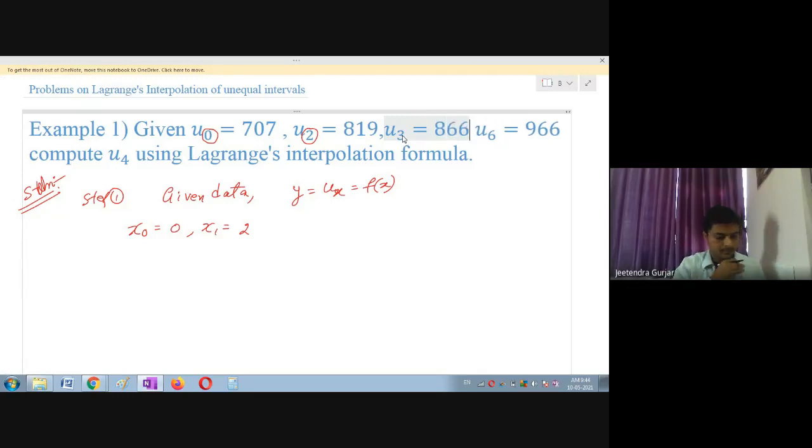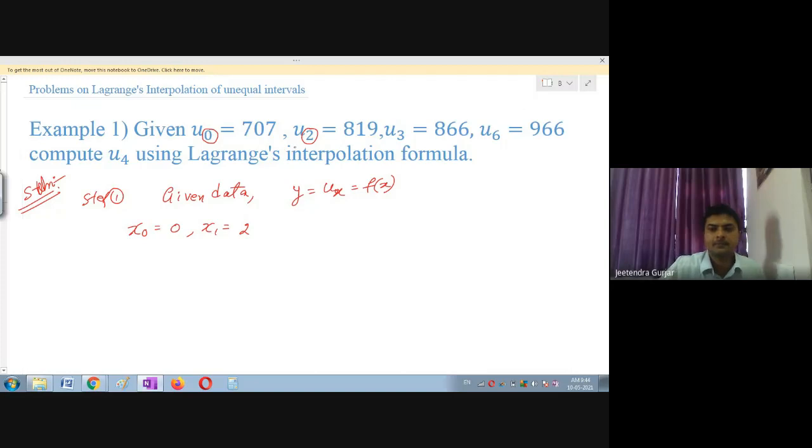Okay, fine. Then here we have x2, and this is our x3. So here you have to identify x0, x1, x2, and x3. Please note down these ones. Then you are going to write the corresponding values y0. So this is y0. Okay, so please write down